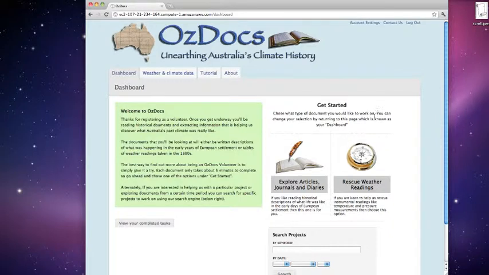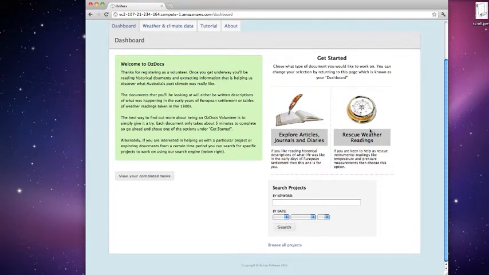The last part of the website I'd like to show you in this tutorial is the search box down here. You can use this search box to find specific projects to work on if, for example, you have an interest in a certain time period or a certain location. So let's say I'm interested in Sydney in the year 1804. I just type in Sydney,